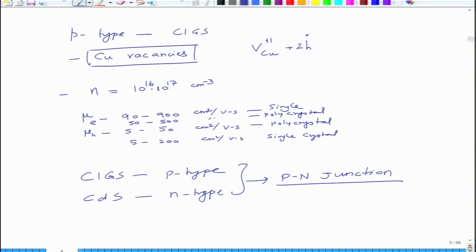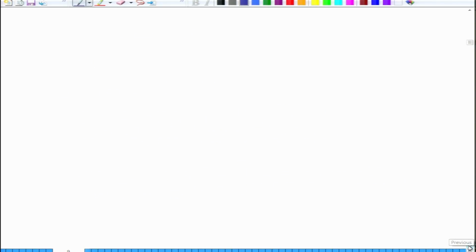All right. And in these devices, since you have selenium in it, the content of selenium plays a very important role in controlling the electrical properties of the material. So, the films are annealed in selenium vapors to achieve good properties. If you look at the absorption behavior, the absorption behavior of the material is very good.